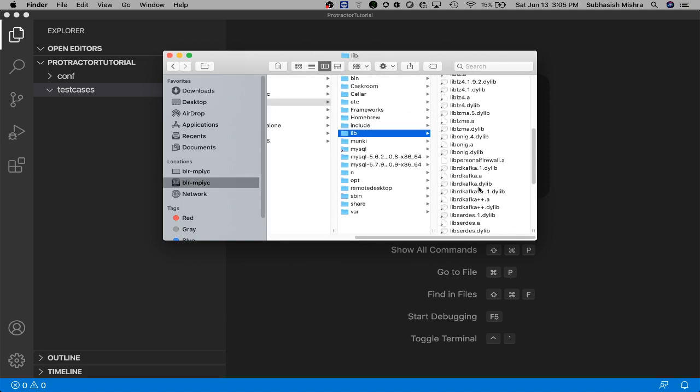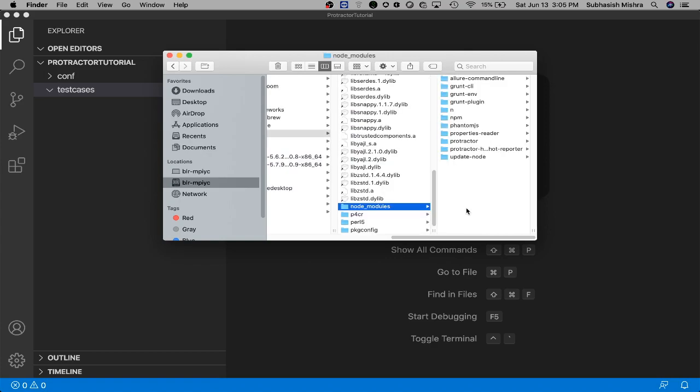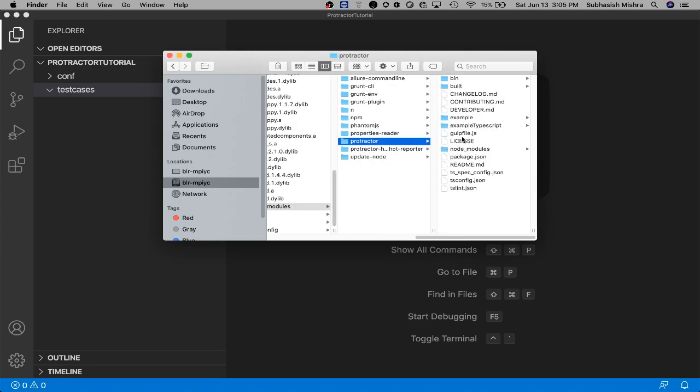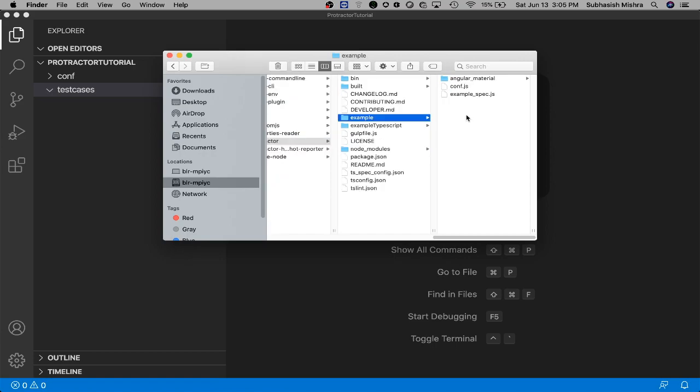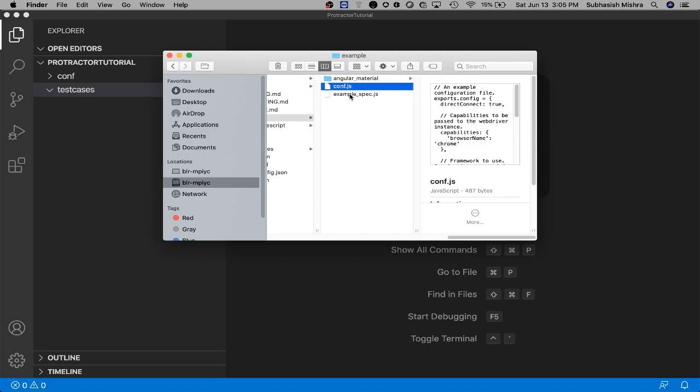Inside lib you can see node modules. Inside node modules you can see protractor. Inside protractor we have this example. So what we will do now is copy these two files: the conf.js file inside conf, and the example spec.js file inside